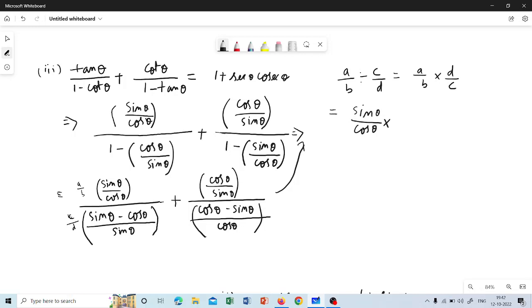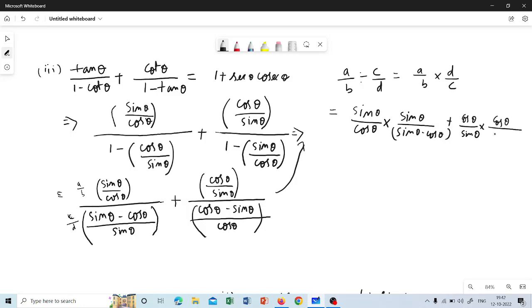So now in the denominator, I have to inverse it. Denominator I have to write in a reverse manner. So this will become sin theta into sin theta by sin theta minus cos theta. So this is the case. Similarly, I can write for plus cos theta. I can write it cos theta by sin theta into cos theta